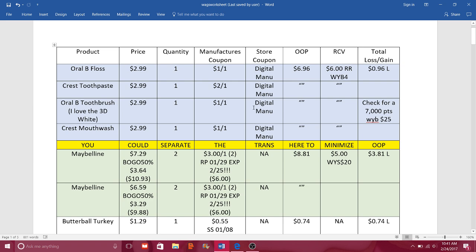Once we use the price of the items minus the manufacturer's coupons, you're going to have a total out of pocket of only $6.96. You're going to receive back $6, which is in a register reward, not in points. And remember, it is when you buy 4. So in all actuality, if you just did this transaction, you would have a 96-cent loss. However, we're going to do an entire transaction here, a bigger shopping trip, so hopefully you can recuperate those losses